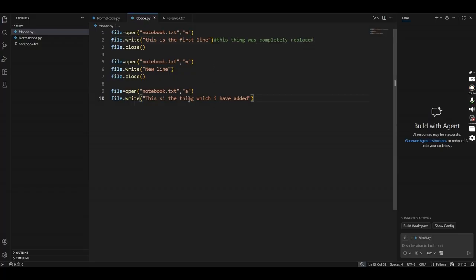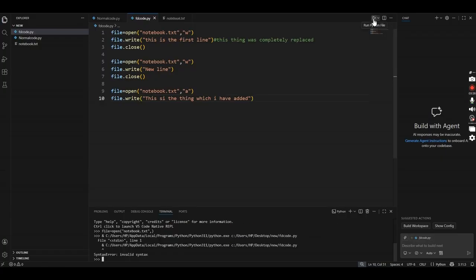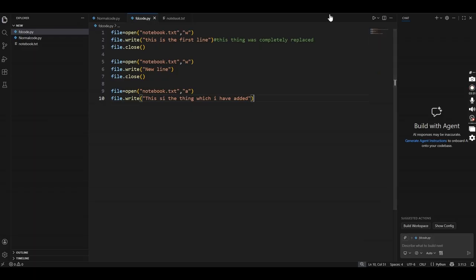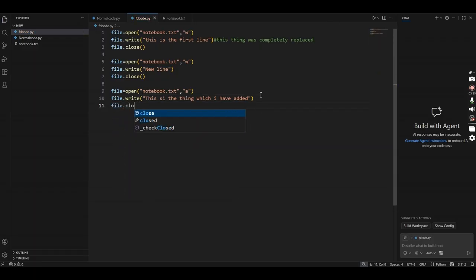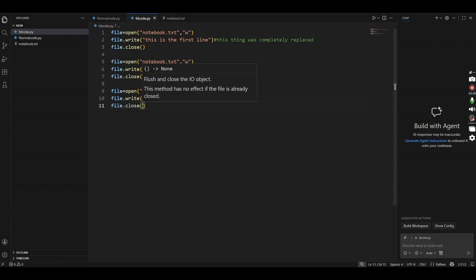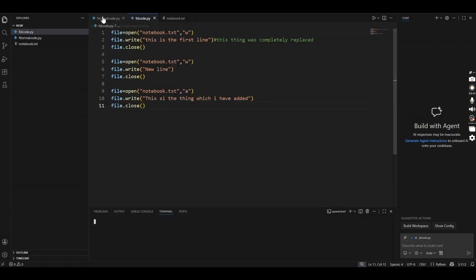But now as I use the append mode and try to write something, what will happen? We will see that. We will also close it, because after performing any operations we must close it, and we run the new terminal and run this code, fd code.py.